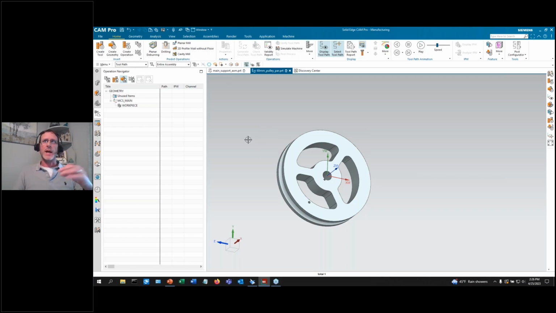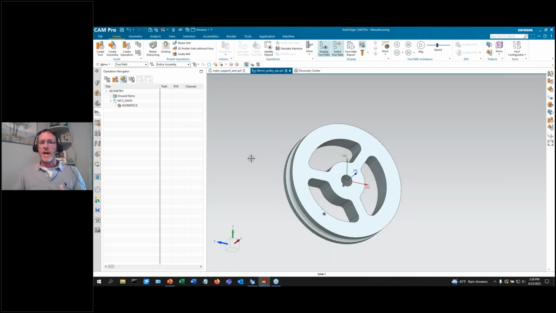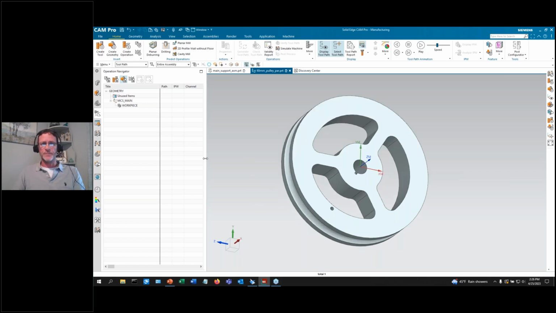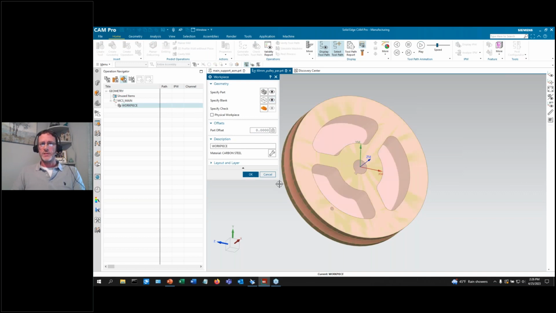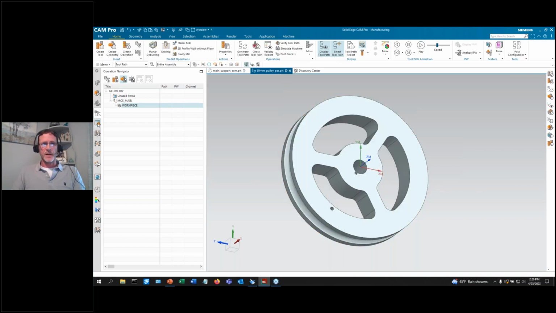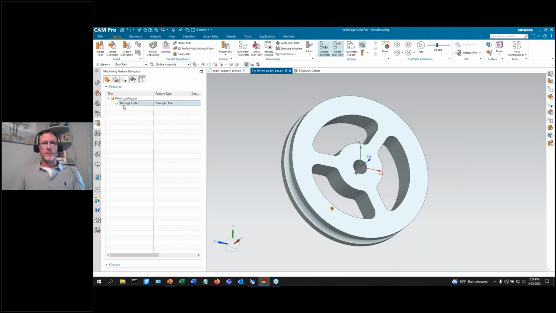I tell them, why do we want to change something that we're unsure of if it is correct, just because we would like to see something else? So a lot of times I find that I'm the one that's incorrect, and I should have let CamPro just do what it wanted to. So now, going into feature-based manufacturing, the only things that it needs is, what am I cutting and what am I cutting it from? So with these two items selected and identified, we can now come into